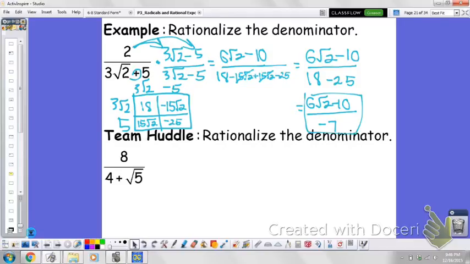The next one I have 8 over 4 plus root 5. So I'll also need to multiply by the conjugate. So this will be 4, change the sign, so minus root 5 over 4 minus root 5. Multiply the top, I get 32 minus 8 root 5. And to multiply the bottoms again, I'll have to use the box method